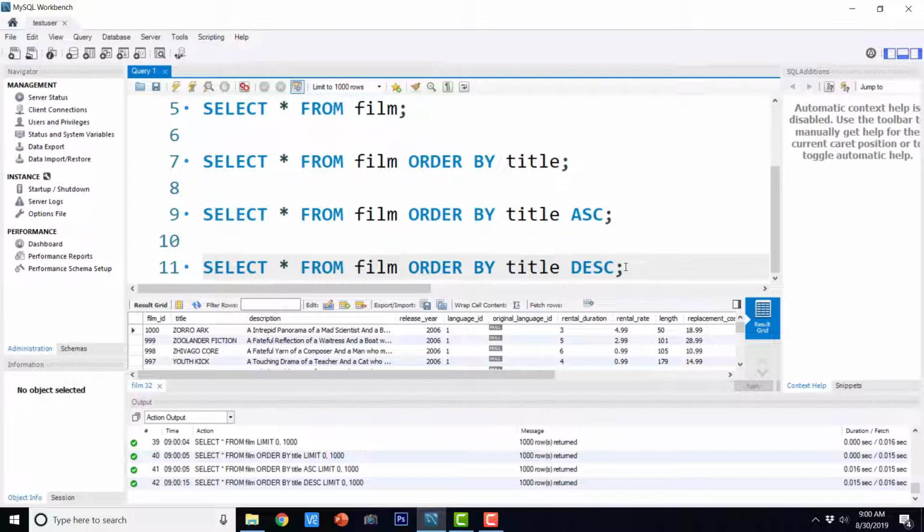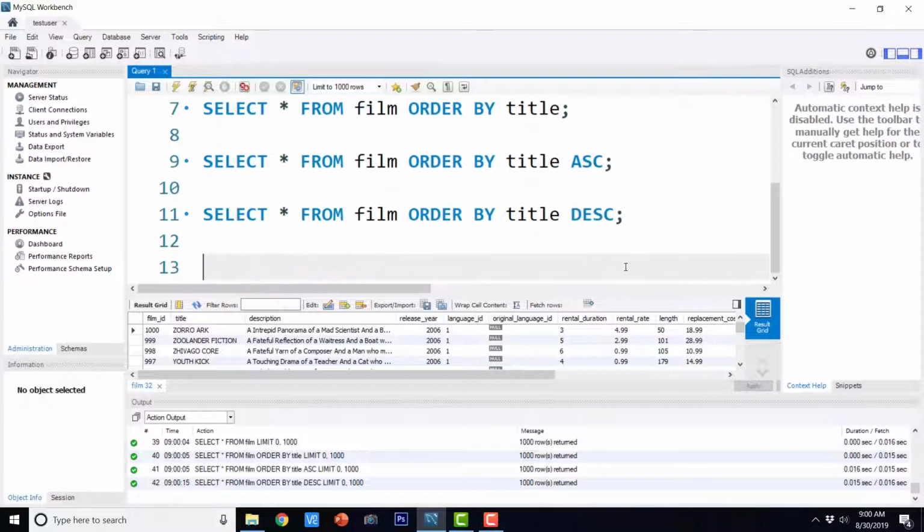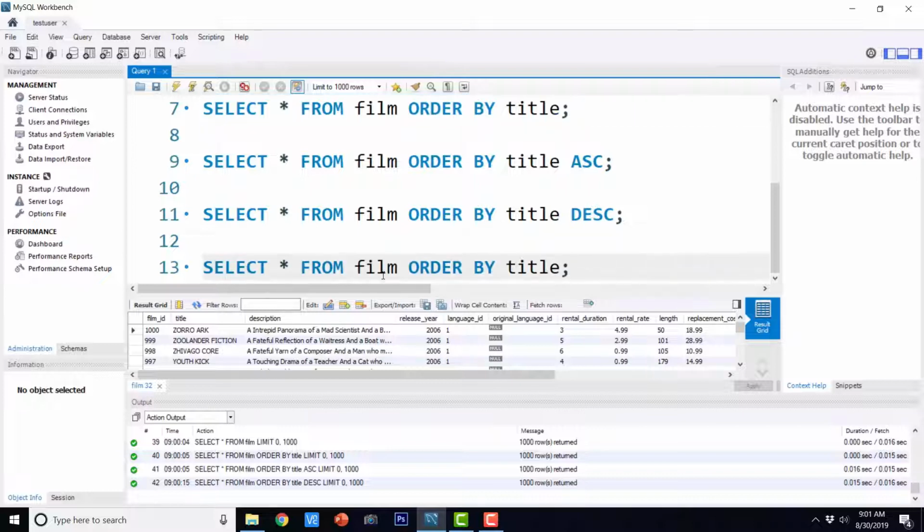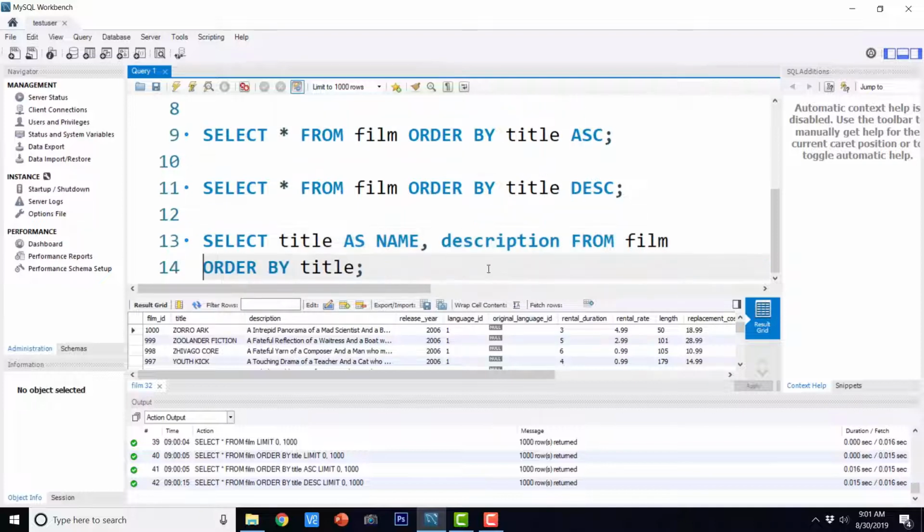Now we can even sort by column alias. And let us see how we can do it. So I'm just going to copy this. Select title as name, comma description from film and order by name.